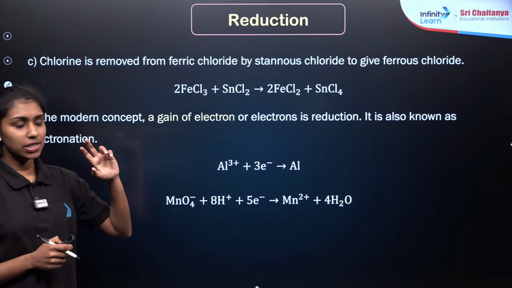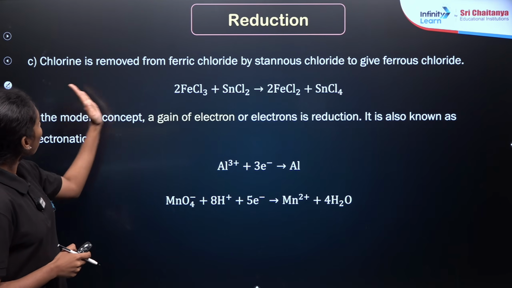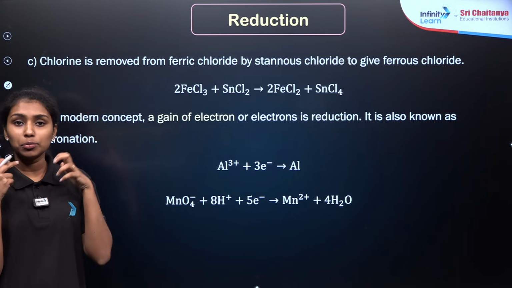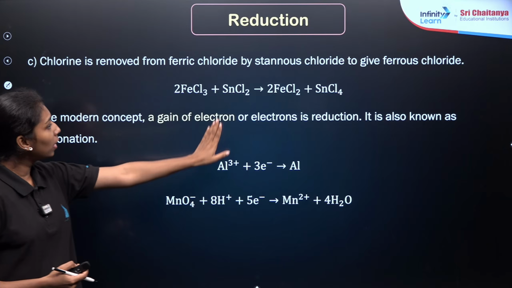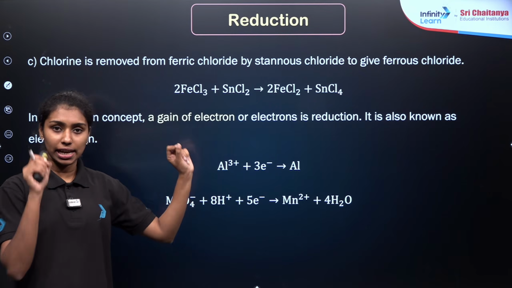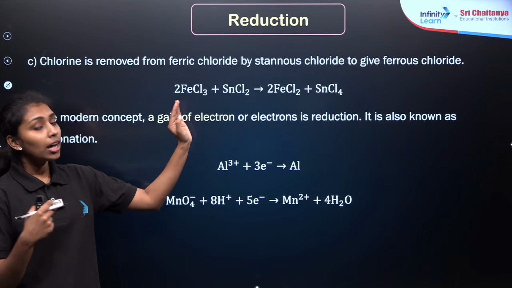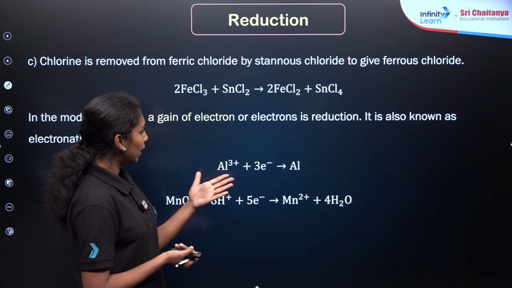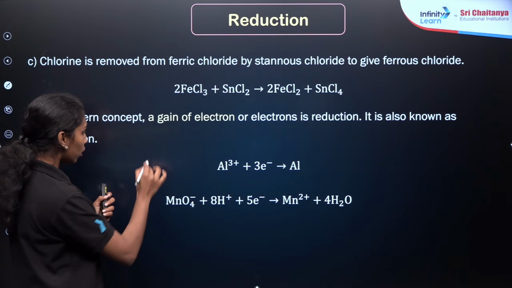Yes, inverse of oxidation, right? So chlorine is removed from here. Chlorine is an electronegative element. So we can explain this reaction as a reduction reaction because it involves the removal of an electronegative element, right? Then, if you are asking about the electronic concept,